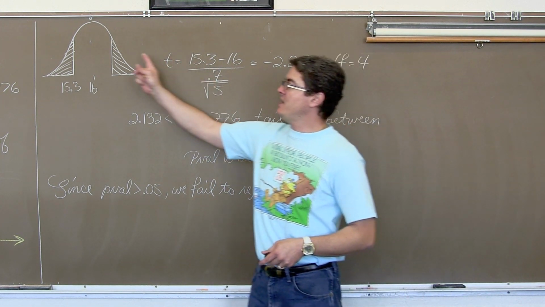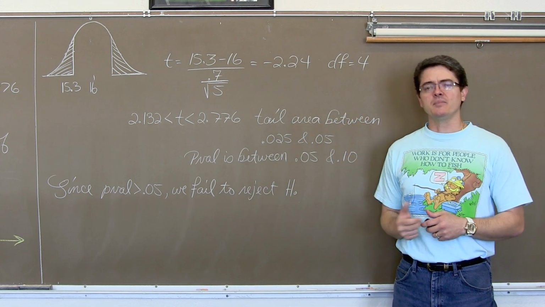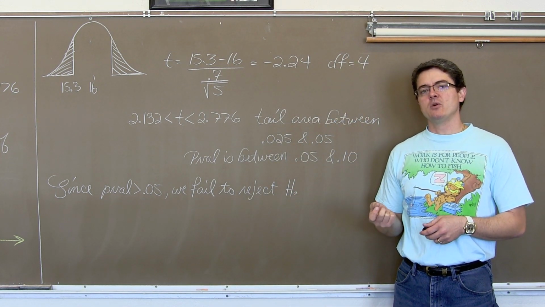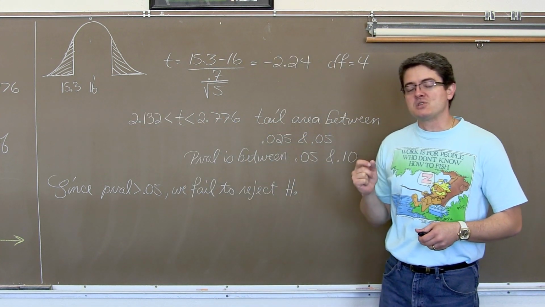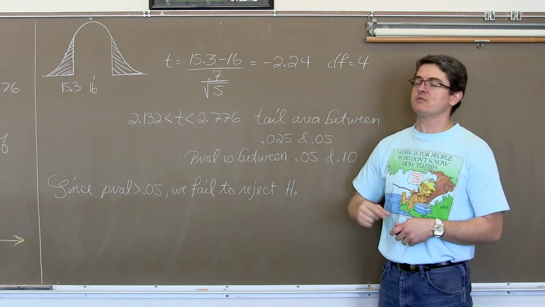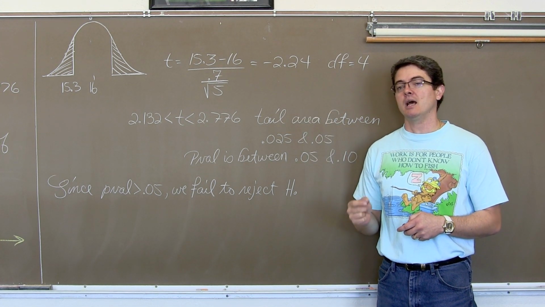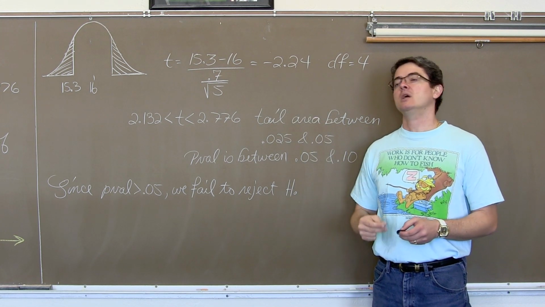Well, when you do a t distribution or a z-score calculation, we are assuming that H sub O is true, and we do make that distribution around the assumed to be true population parameter. So now my bell curve is drawn to be centered around 16, not around 15.3, because I'm not making a confidence interval.